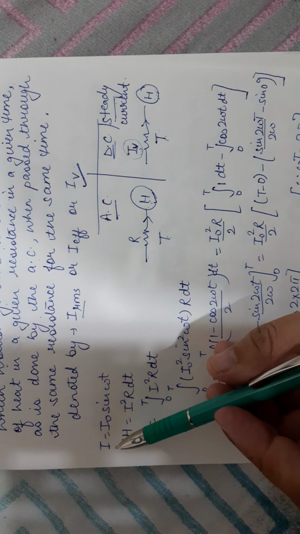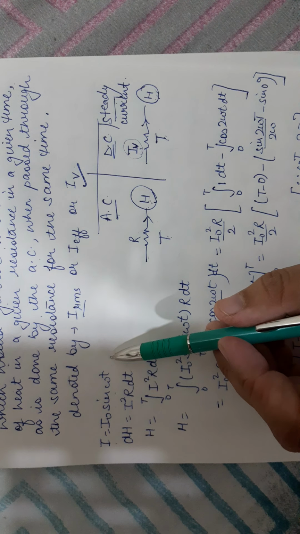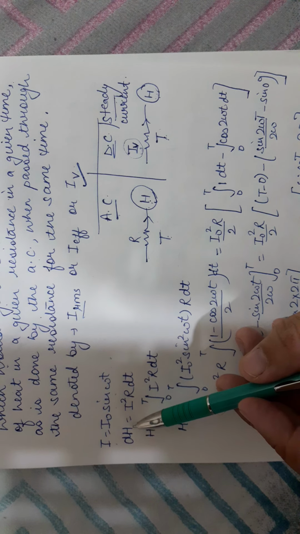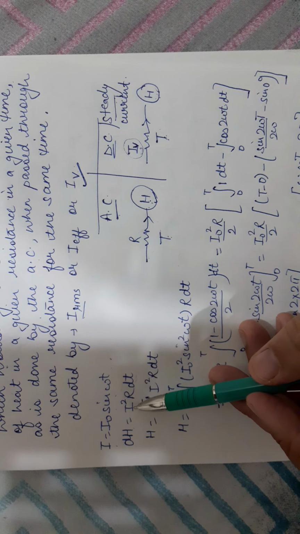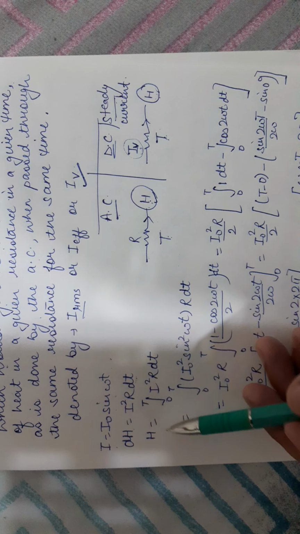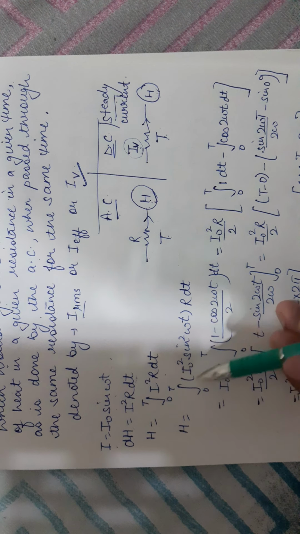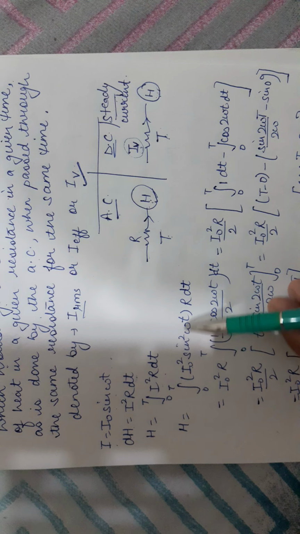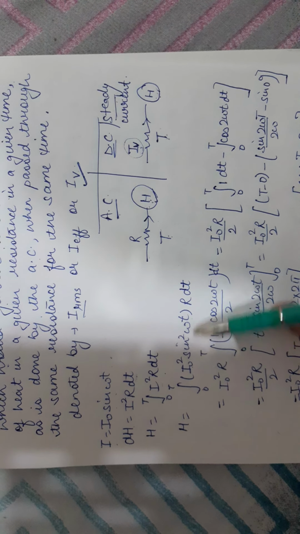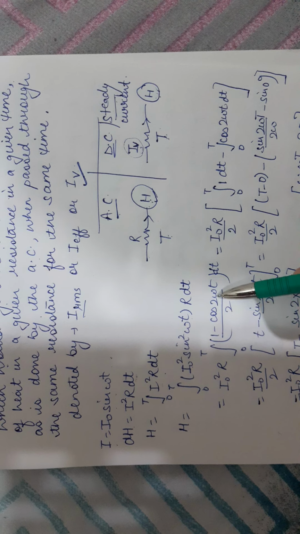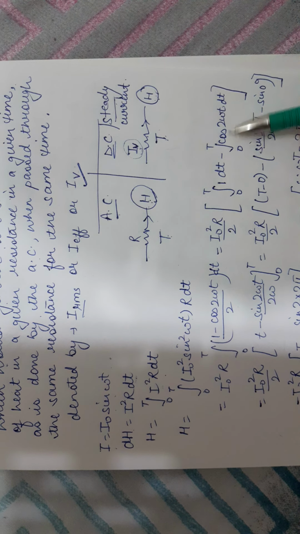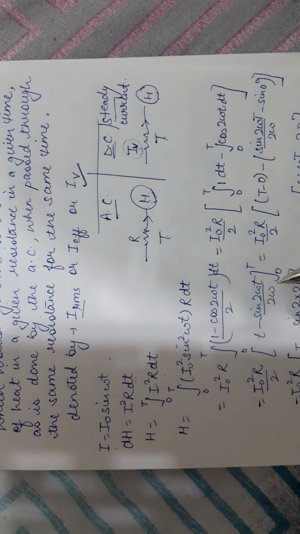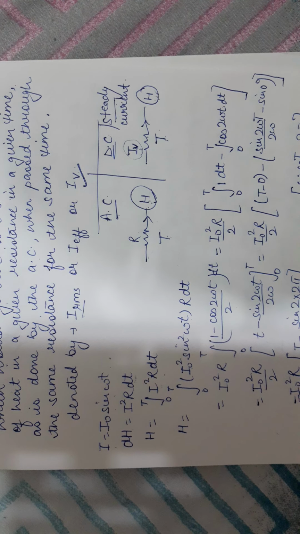So AC current is given by I equals I naught sin omega t. Then the small amount of heat, when we take the reading for a small duration of time, will be I square R dt. When we take the integration, put the value of I as I naught sin omega t, so it comes in squares. Sin square omega t can be written as (1 minus cos 2 omega t) upon 2, and then we can separate it, and when we do the integration we finally obtain this value,